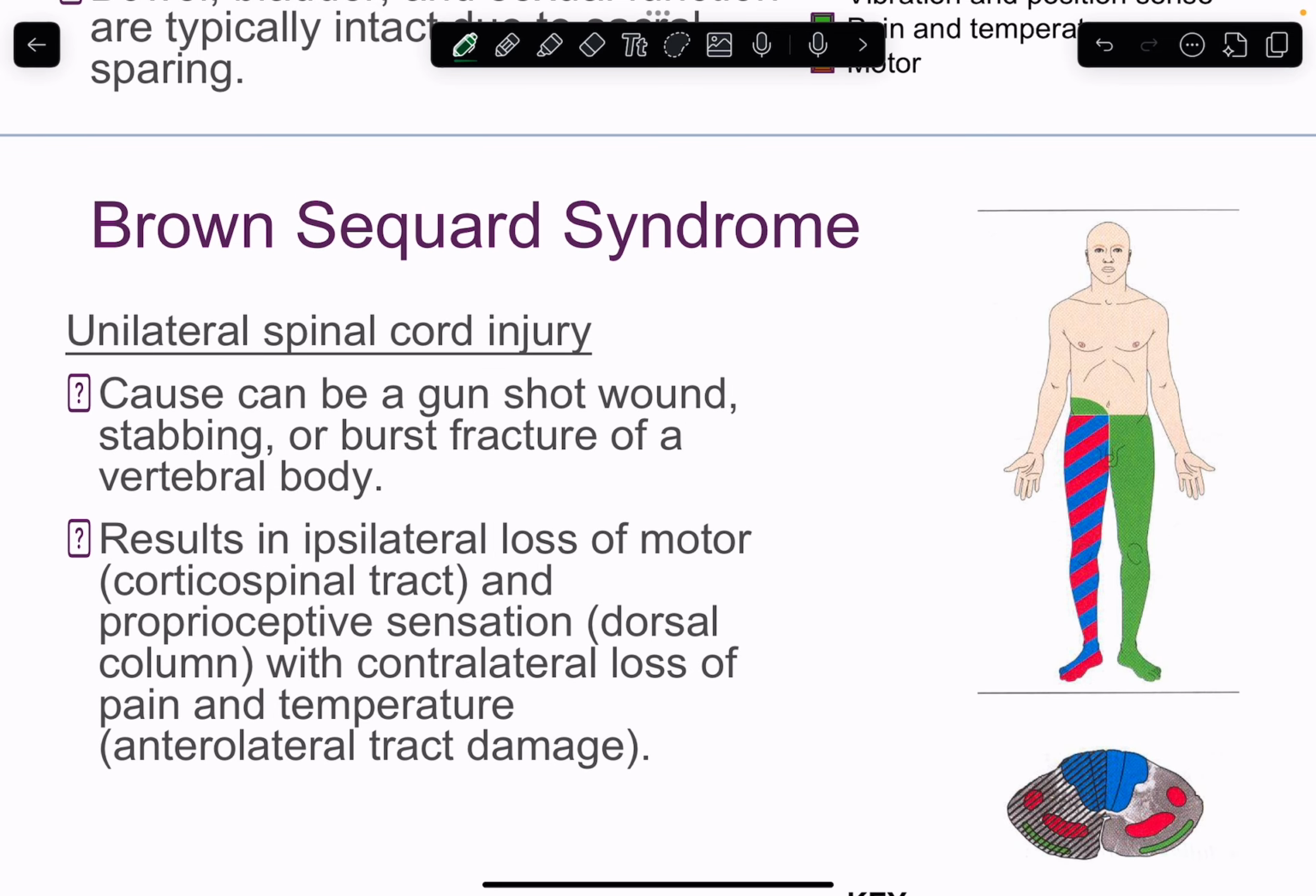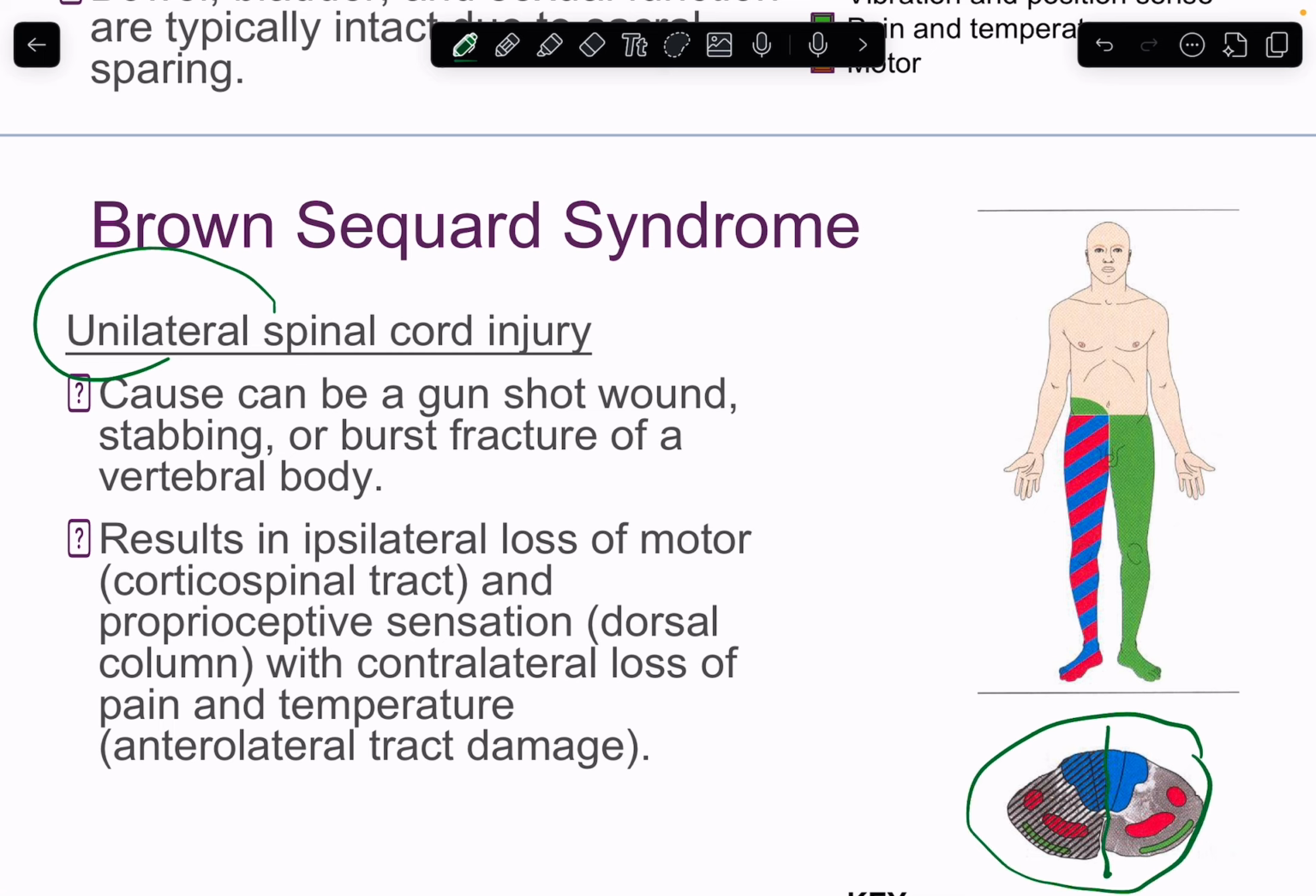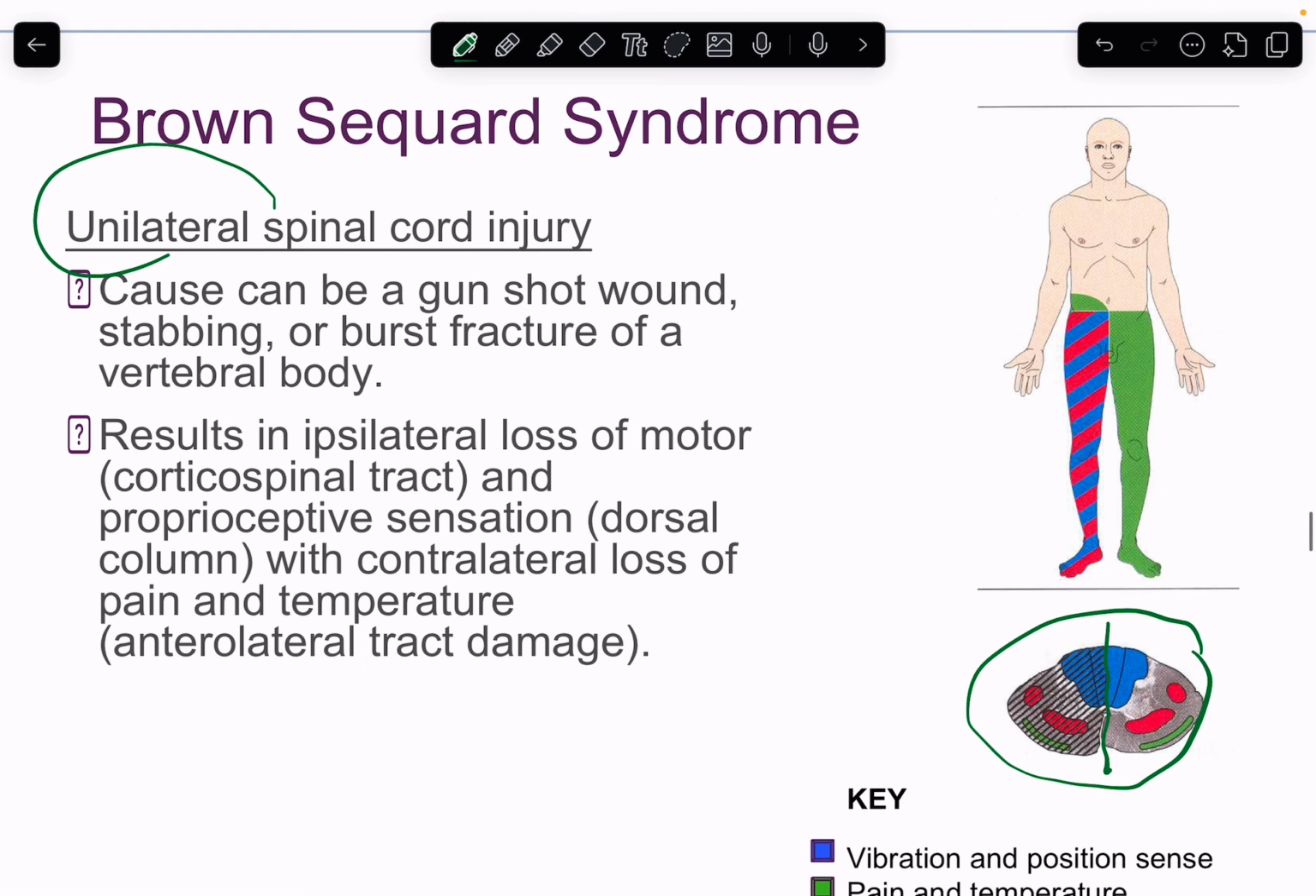So here's a special syndrome that I want you to remember, as most often than not, the question arises regarding the kind of affectation of a spinothalamic tract, okay? So this is a unilateral spinal cord injury, meaning to say only half of the spinal cord is affected. So it could be a gunshot wound, a stabbing or burst fracture of a vertebral body on just one side of the spinal cord. So what happens is, right, so it affects the